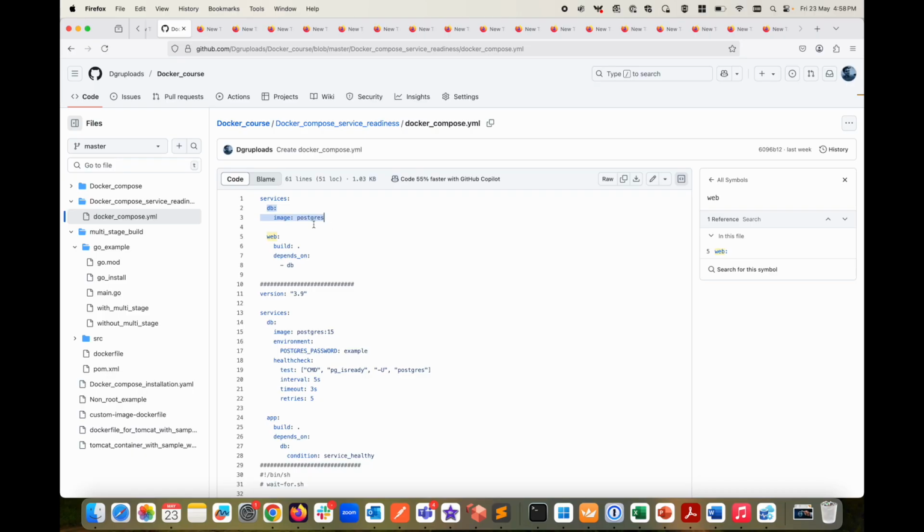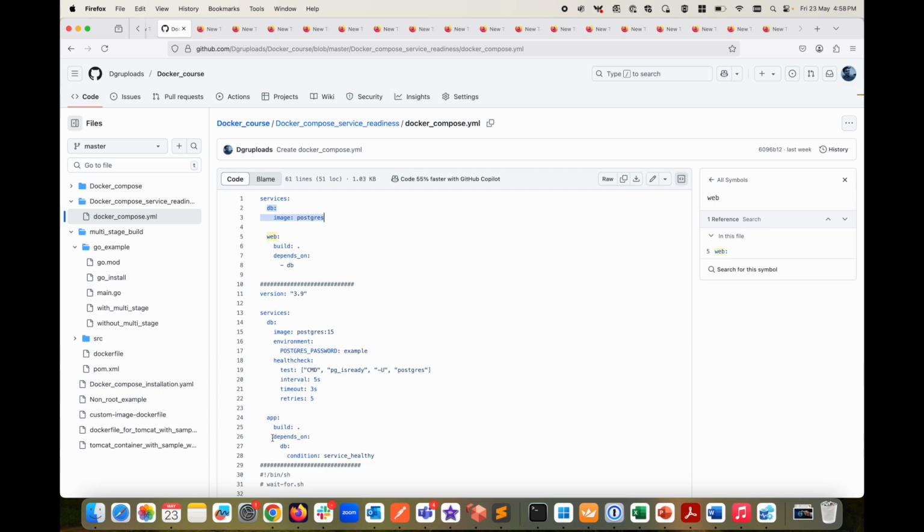It only waits for the container to be running. It does not wait for the database inside the container to be ready. It's only the container that it is waiting for. So what's the right way? For this you can make use of health checks and wait-for-it, or custom wait scripts, to ensure readiness. So one option you have is